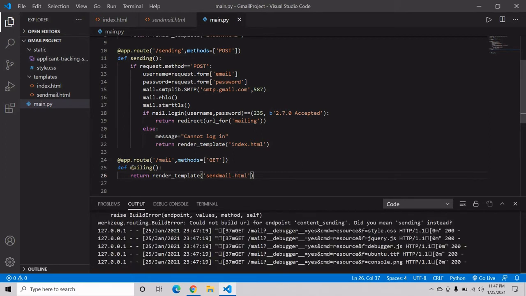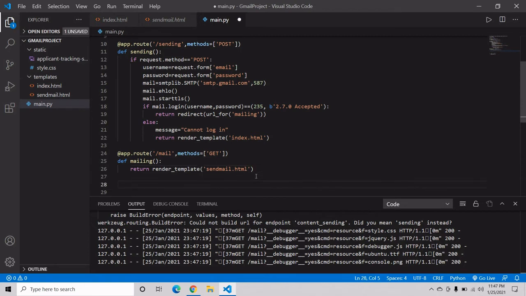Okay, now I have to make one more function over here, one more route, so that we can take our content from this HTML page. So for that we have to write app.route.